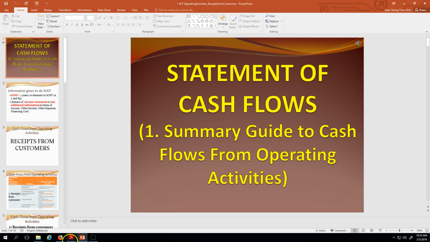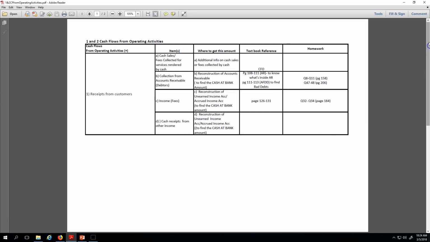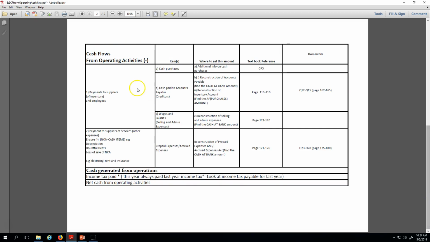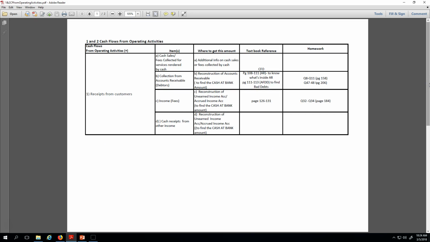Okay, so before we go further, let's look at the snapshot for today's video. The first thing that you see here will be cash flow from operating activities. Like we said before, cash inflow and outflow, there are two signs. One is the positive sign and the other one is the negative sign. So cash flow from operating activities will be divided into two videos. The first video will be